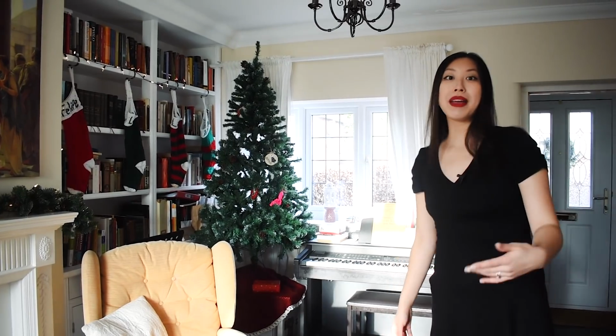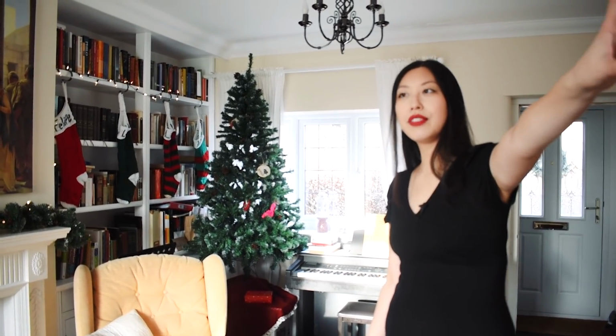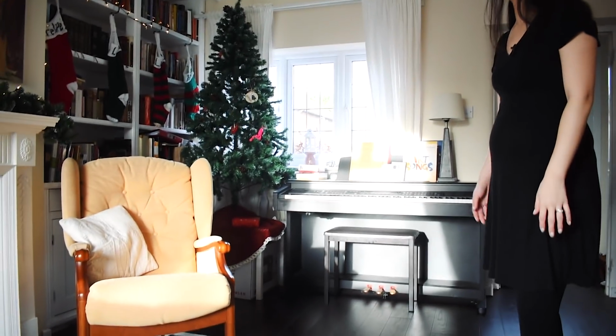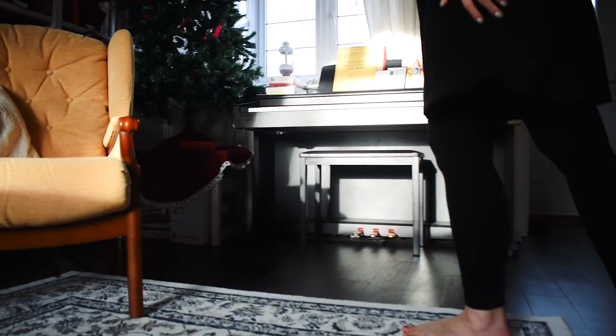And I think you may recall from last time that this corner of the living room was a closet, and we opened that up. So this now is probably our largest room, and we spend most of our time in here. This is where we set up our tree. And in terms of Christmas traditions,